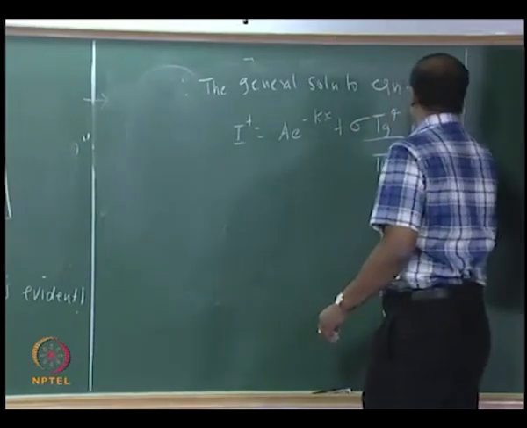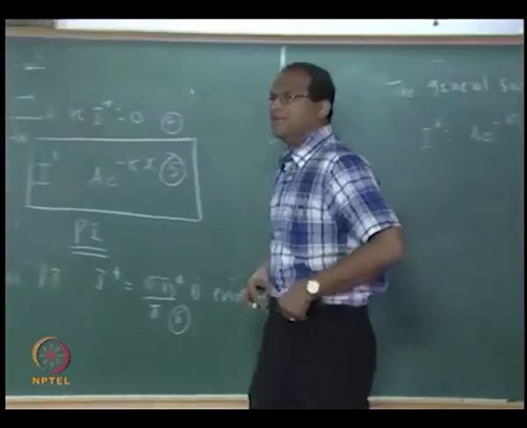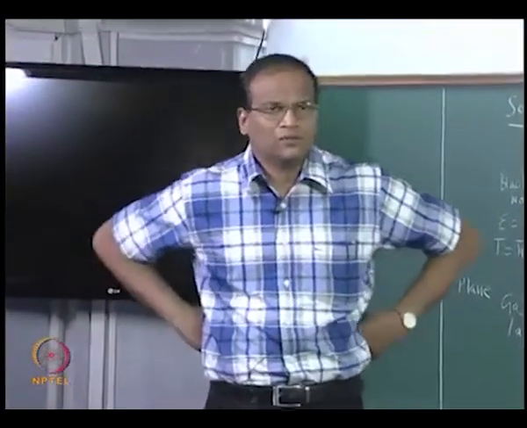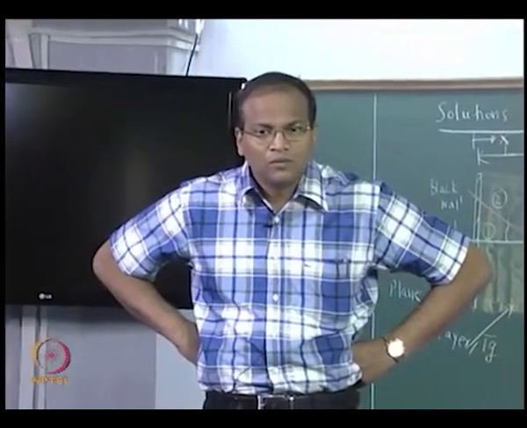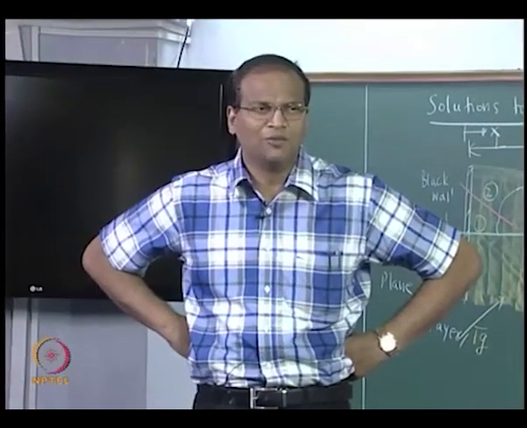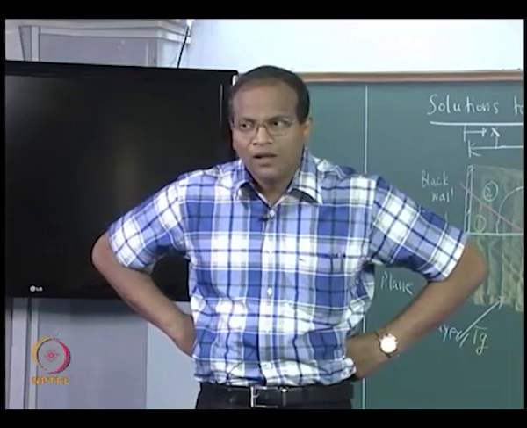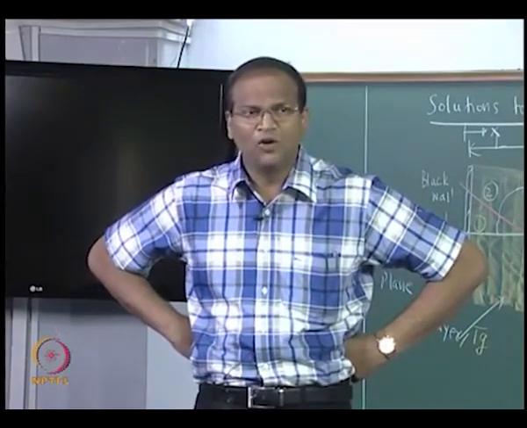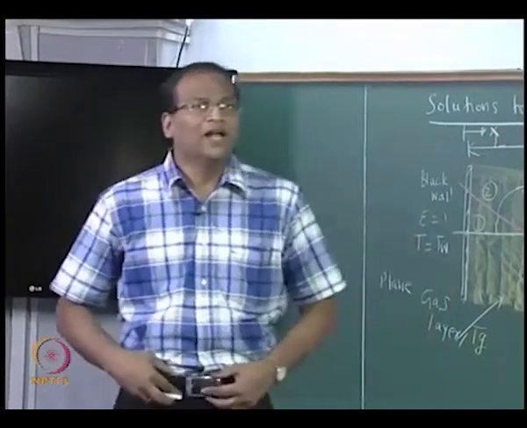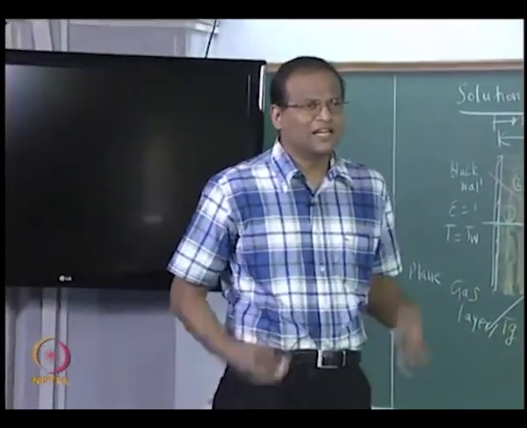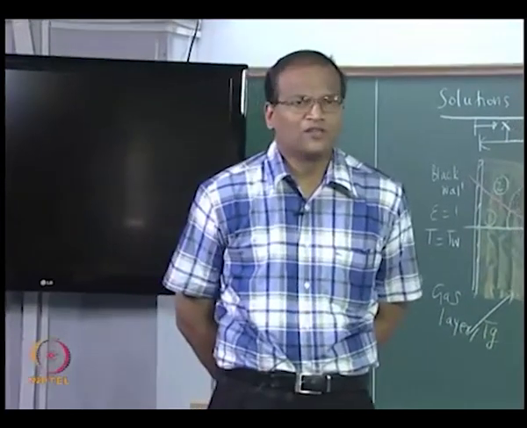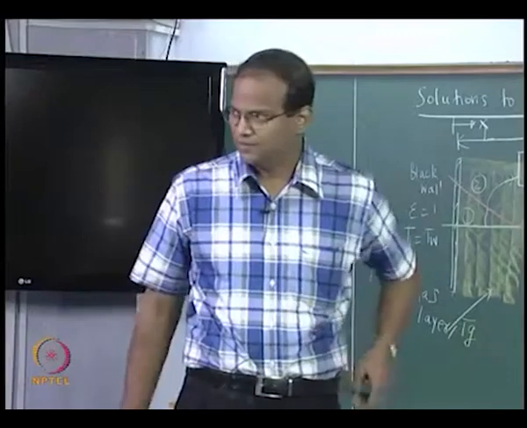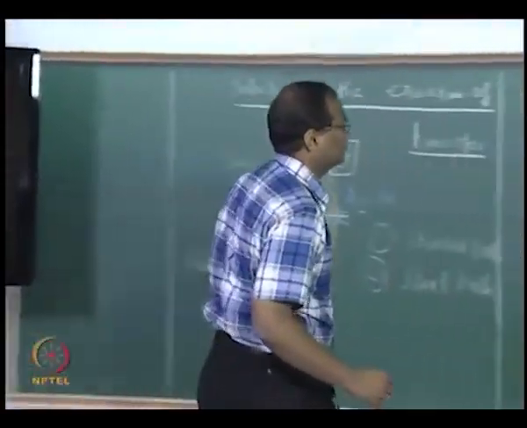Seven. Huh? How do you get A? What is I at x equal to 0? It is not sigma Tw to the power of 4. Be more accurate. I am not talking about E by pi. At x equal to 0, I is basically that which is originating from the wall. We are looking at this story, what is happening to sigma Tw to the power of 4 by pi as it goes through the gas layer. So, at x equal to 0,